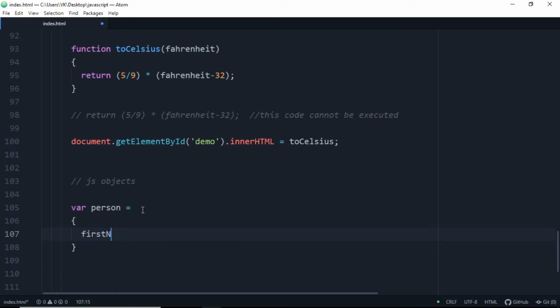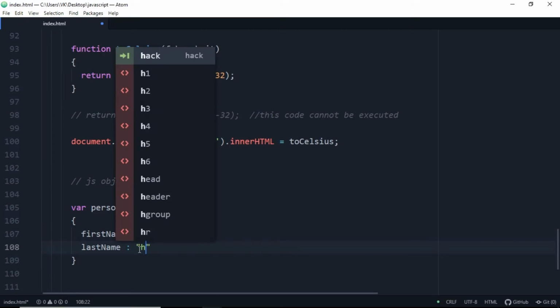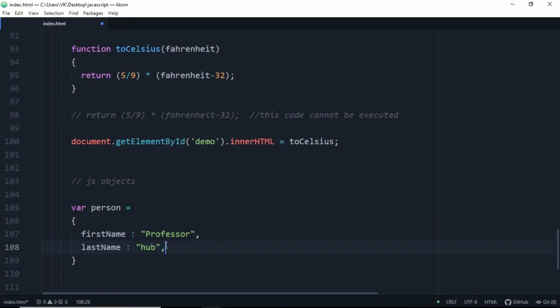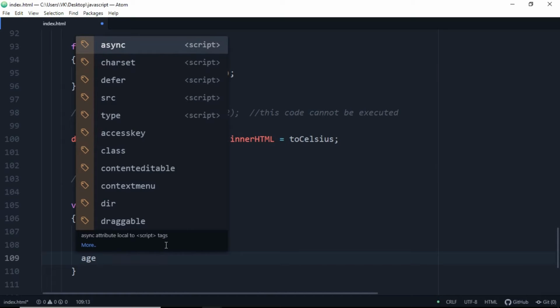So the first name will be the property here, firstName, a colon, and the value of the property will be Professor. Add the semicolon at the end, not semicolon, we will always have a comma at the end in a particular object or an array in JavaScript inside the curly braces. And let's write lastName here, let's make our N capital and write colon here. Also make sure that you use colon in objects and arrays while assigning a value to that particular property, and put a comma at the end.